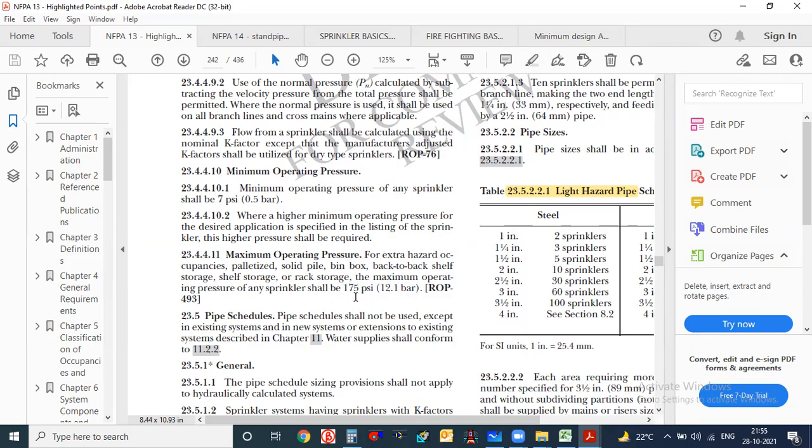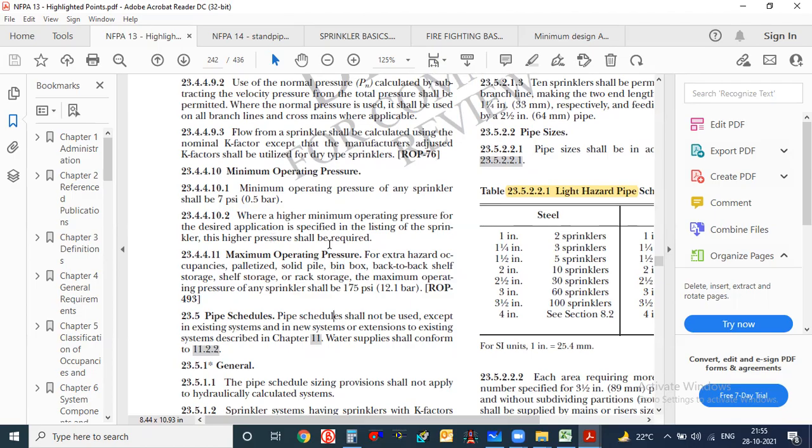Now just see this point. This is the minimum pressure. This is the maximum pressure for any sprinkler system. 7 psi, 175. Our calculation should be limited up to 175 psi only. We should not exceed 175 psi at the sprinkler head,